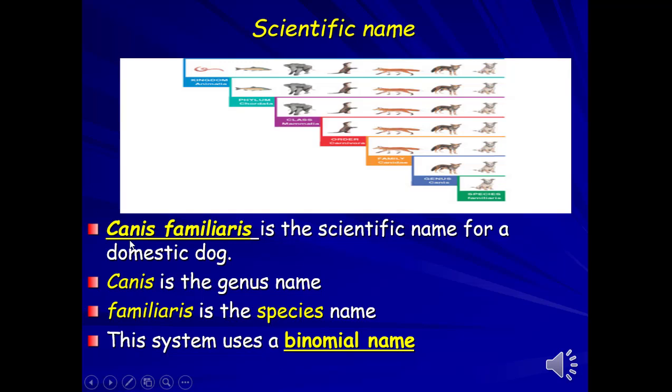The scientific name, like this, will have two names. The first name is presented to or related to the genus of this organism, and the first letter is capital. The second name refers to the species of this organism, and all the letters are small, lower case. So the Latin or scientific name of the dog is Canis familiaris. This is its Latin name, and we have achieved all the conditions.